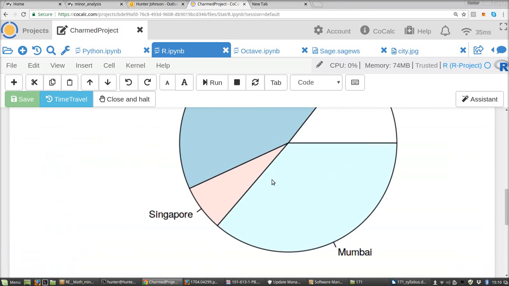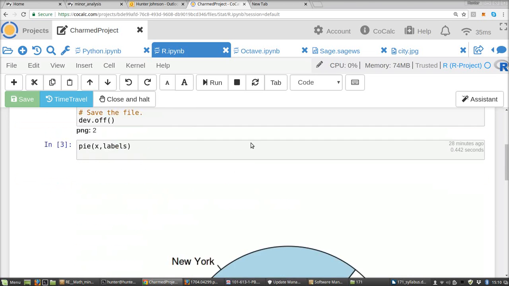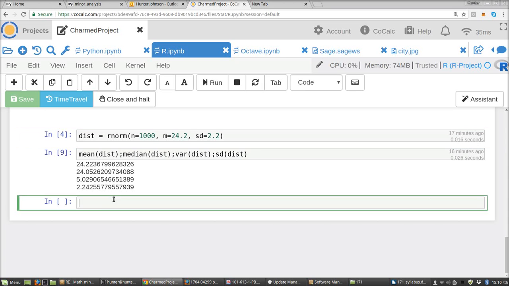Yeah, and there's tons of other stuff you can do. You can do everything that R does, and I know that there are big, thick books on that. By the way, inside these cells, you can do other things besides running code. You can also